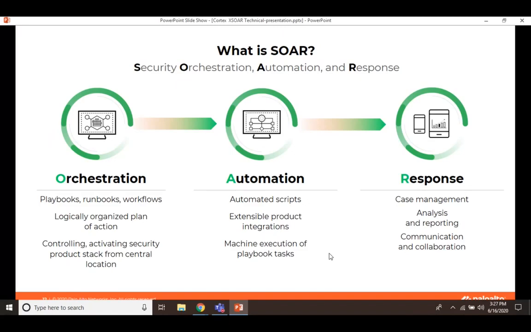So this coordination is what is orchestration. Now this can be done by the analyst, but it will take him a lot of time. He needs to look into the SIEM, he needs to look into the alerts, he needs to identify that this is a phishing attack first of all. He has to make sure that it is not a false positive,